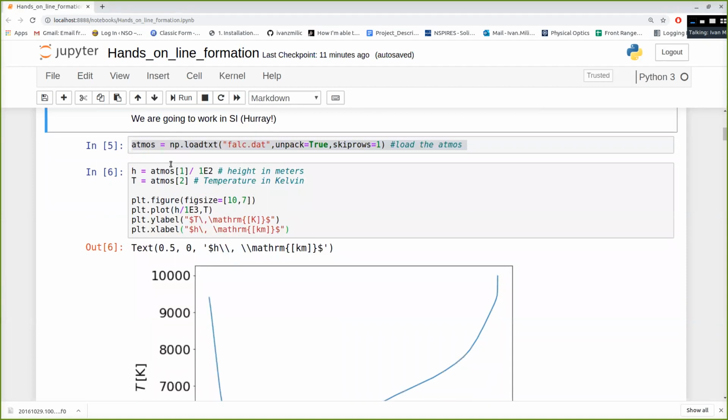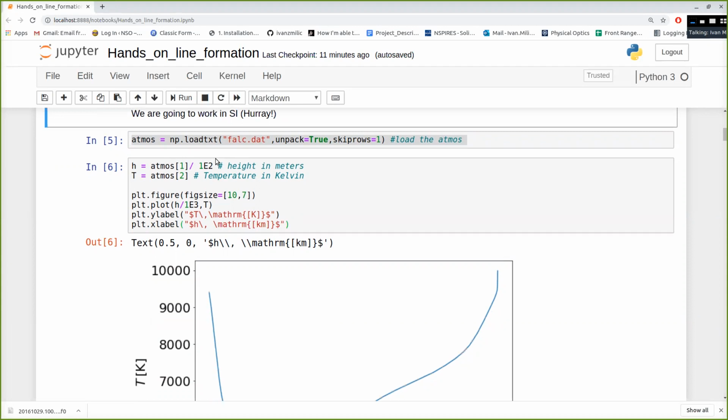So this model atmosphere is exactly what I told you before: usually model atmospheres are just tables with some data that we need to describe the atmosphere, right? And here we are only, for the moment, interested in temperature and pressure, gas pressure, on the total height grid. Why am I saying gas pressure? Well, because